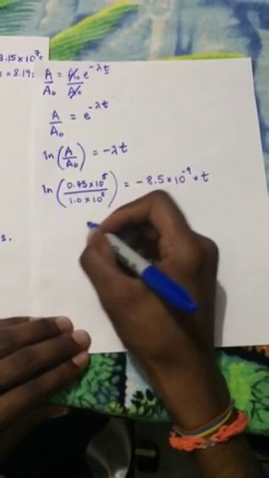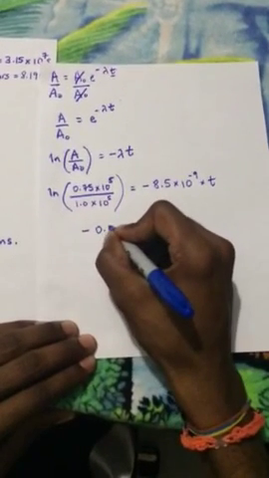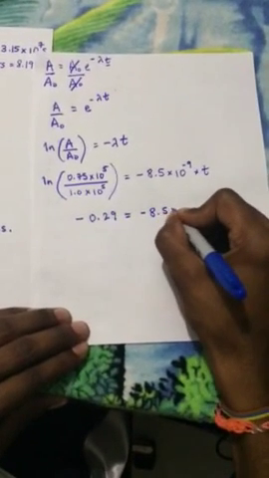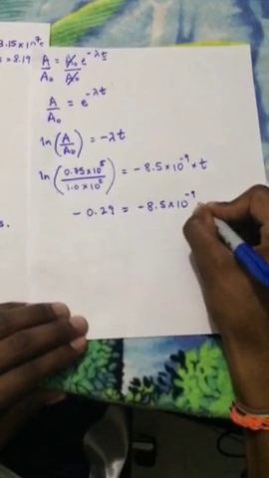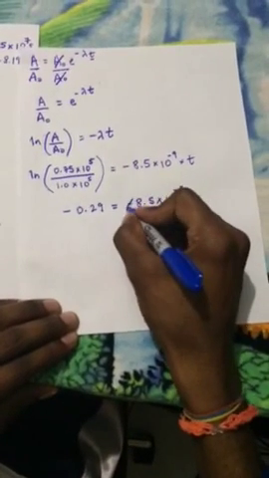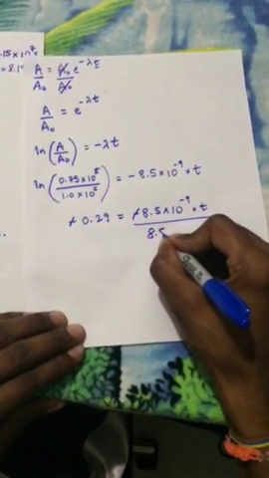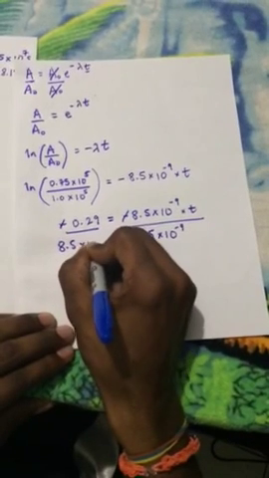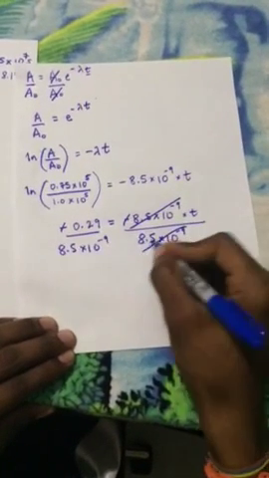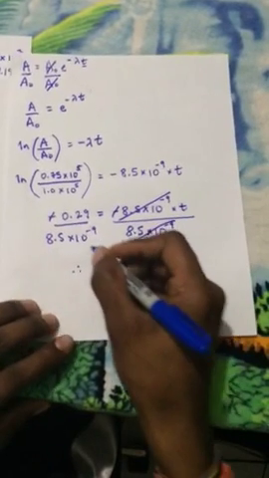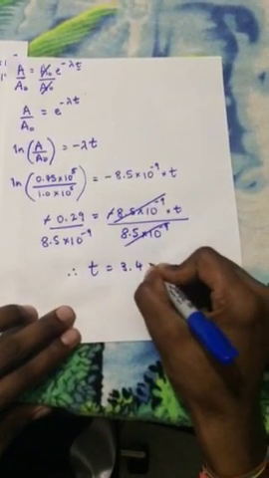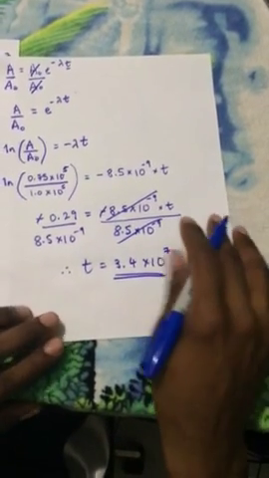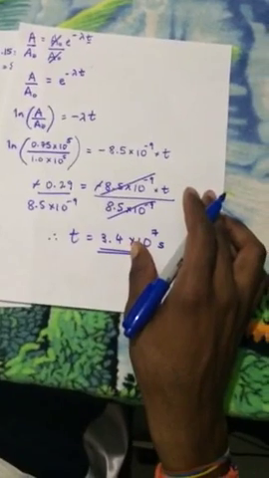Now, plugging this into your calculator, you should get minus 0.29 being equal to this value, all times t. Dividing through by 8.5 times 10 to the minus 9, the minus signs cancel, and that cancels that, therefore we get t being equal to 3.4 times 10 to the 7 seconds. Another way you could have done this is just